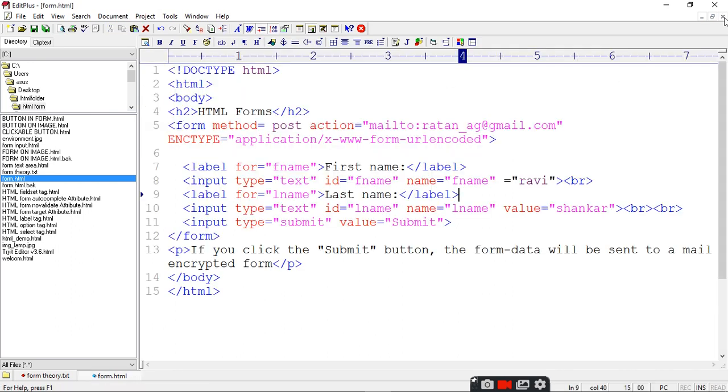I used the submit type of button, and as we submit, it will come to the action and post the information to the email. Whatever XYZ email you want, you can put there.